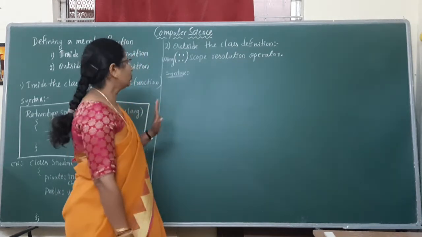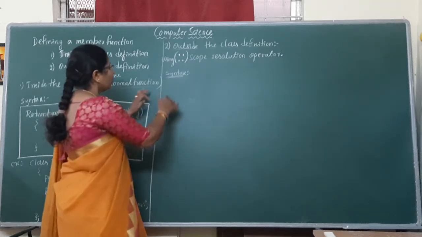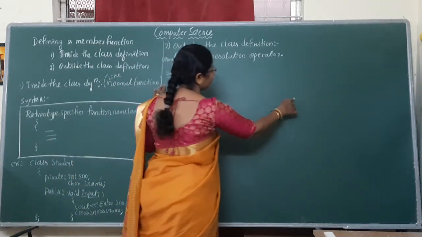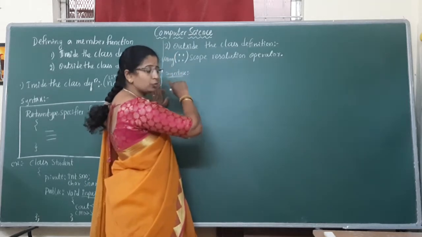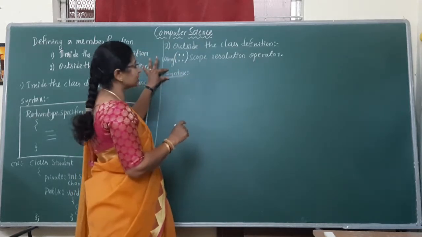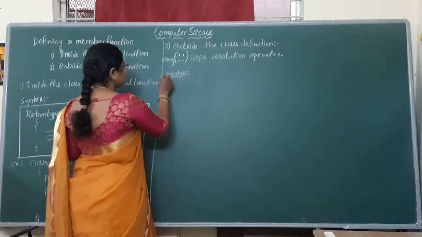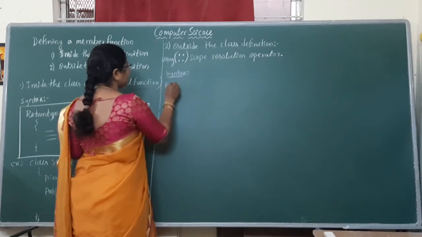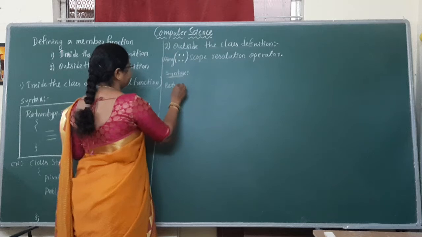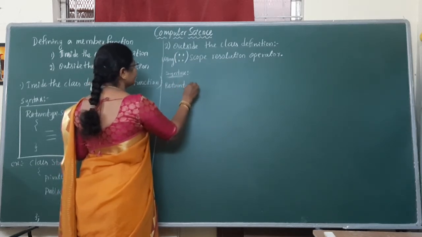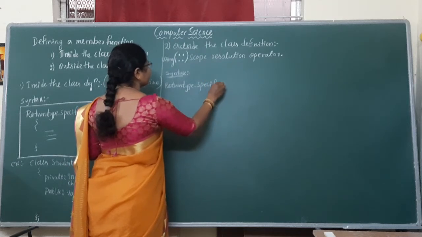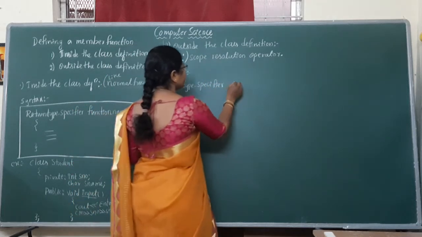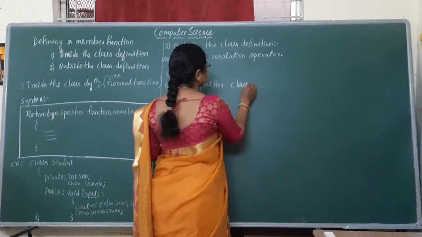Okay students? And while writing, please remember, whatever you write, the header of the syntax should not break down. It should be in a single line. Write the syntax in the above line. Below, in the margin, start with the return type specifier. Here you need to write the class name,